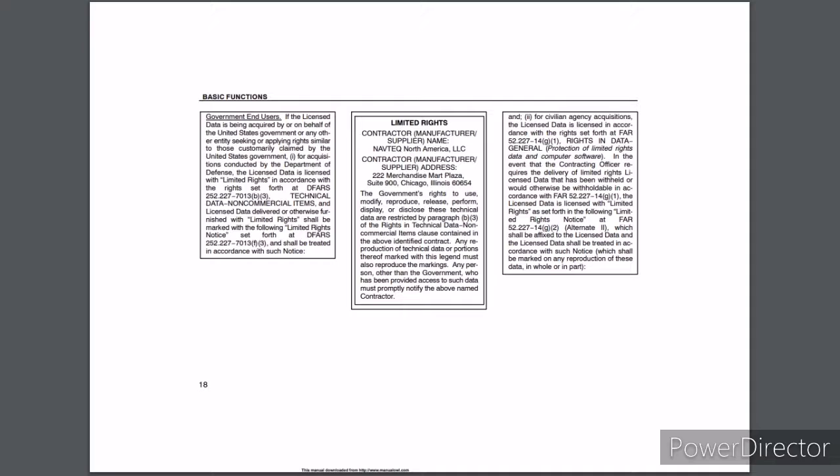The government's rights to use, modify, reproduce, release, perform, display, or disclose these technical data are restricted by paragraph B3 of the Rights in Technical Data Non-Commercial Items Clause, contained in the above identified contract. Any reproduction of technical data or portions thereof marked with this legend must also reproduce the markings. Any person other than the government who has been provided access to such data must promptly notify the above-named contractor. And 2. For civilian agency acquisitions, the licensed data is licensed in accordance with the rights set forth at FAR